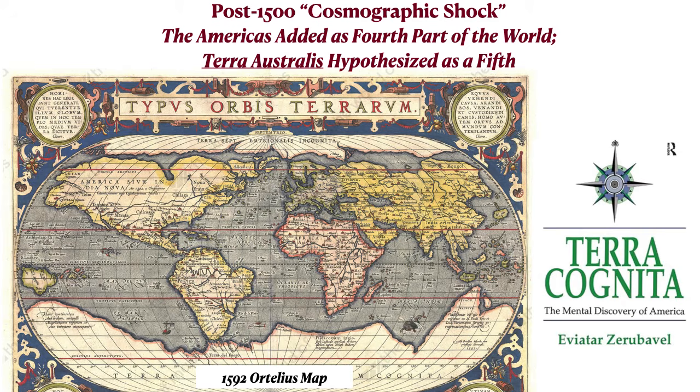After the voyages of Columbus and Magellan and Vasco da Gama and others, when in the late 1400s and early 1500s, Europeans crossed the Atlantic Ocean, sailed into the Indian Ocean, and eventually crossed the Pacific, that led to what Eviatar Zerubavel calls, in his fascinating book Terra Cognita: The Mental Discovery of America, cosmographic shock, because this notion that the world was divided into three parts had taken on all these religious underpinnings. Three parts kind of